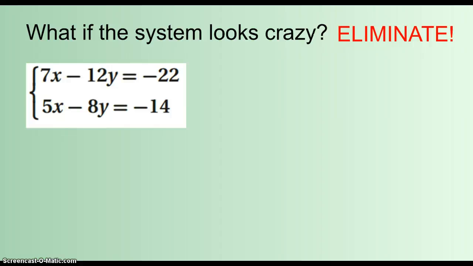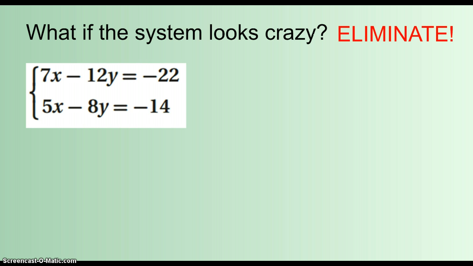The last thing I want to show you today is what happens when we've got some crazy situations. So my answer to this question, what if the system looks crazy? Let's eliminate. I would look towards elimination. It's a lot easier to do than substitution when you have a crazy system. Elimination happens to be the method that I prefer to use no matter what. I know that sometimes it's easier to use substitution, and I guess sometimes I will use it, but my favorite